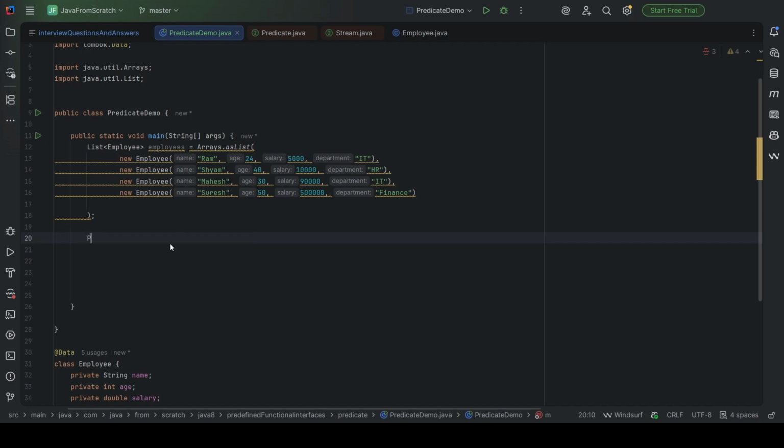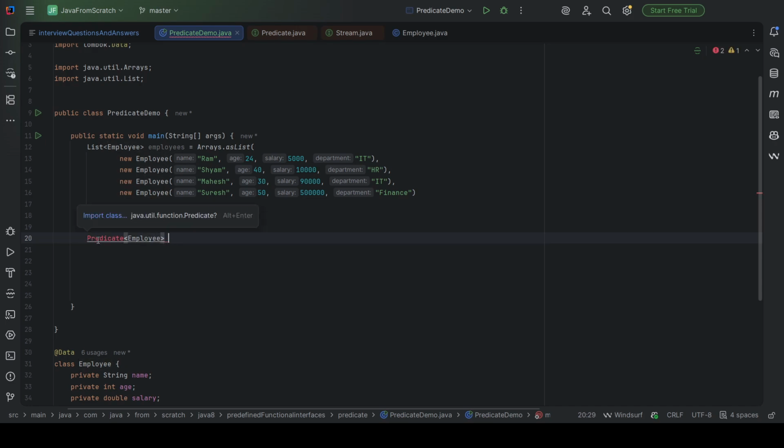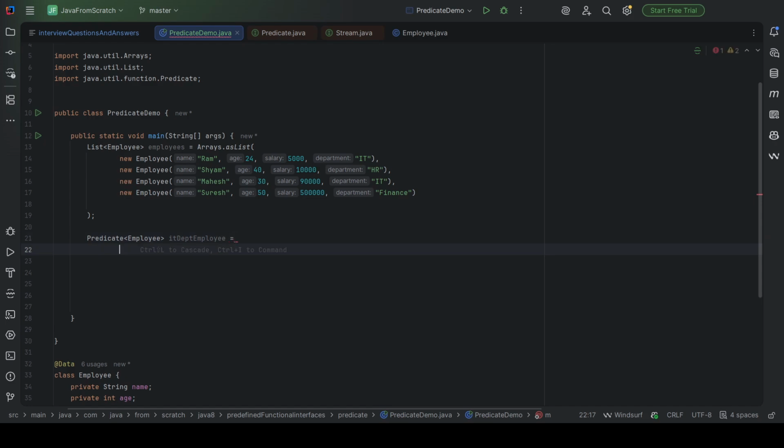We will create a Predicate of Employee. Just import this class from java.util.function. Predicate of Employee, ITDepartmentEmployee equal to.